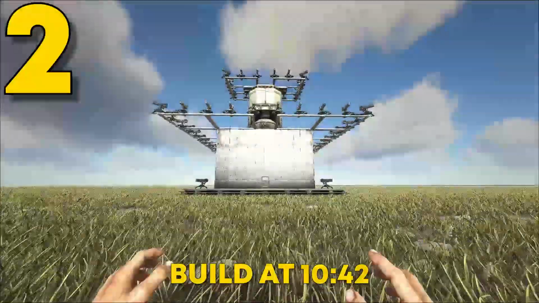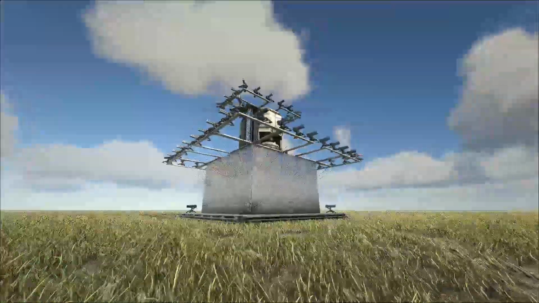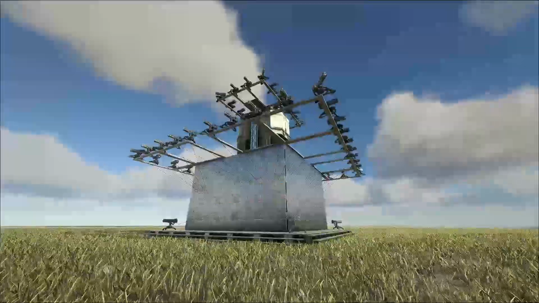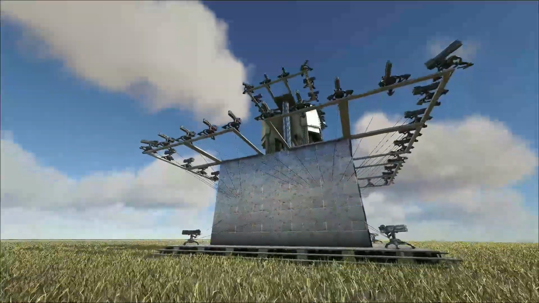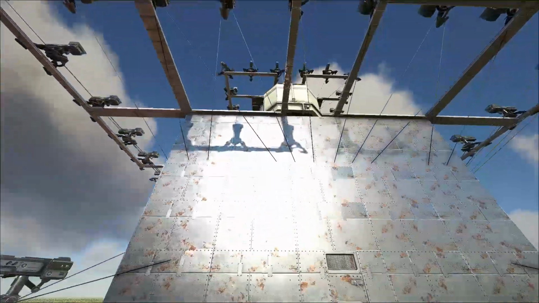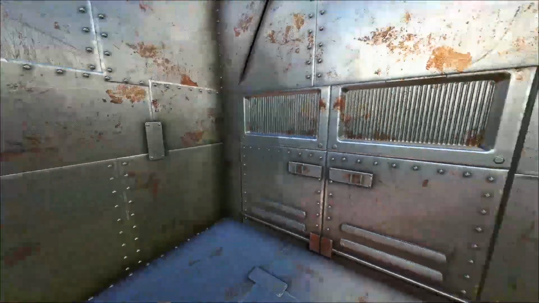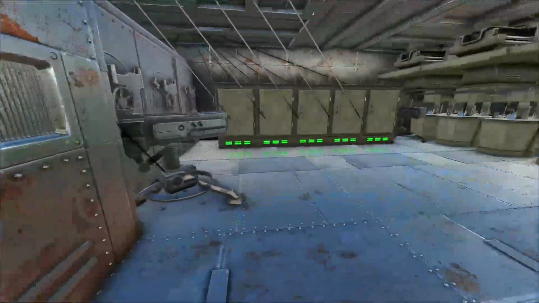Coming at number 2, we have our 5x design. Sorry about the frame issues, as you can see with the clouds in the background. I don't know what it is. It's just something about this map that we cannot figure out. I will do my best to try to find a new map or something so then this frame drop does not keep happening. But anyways, as you can see, kind of like the last one, this one has an airlock,